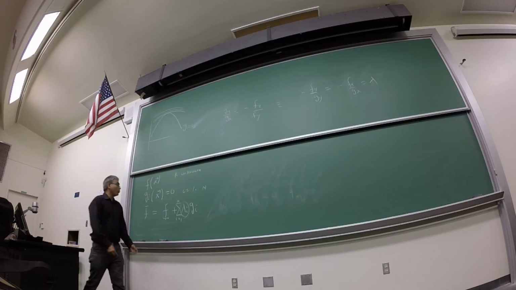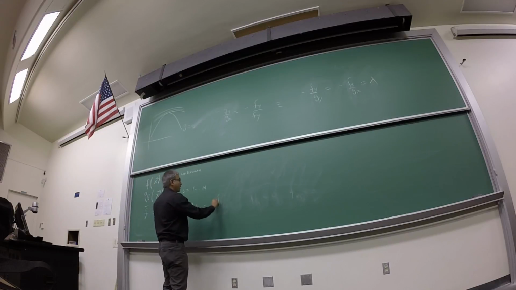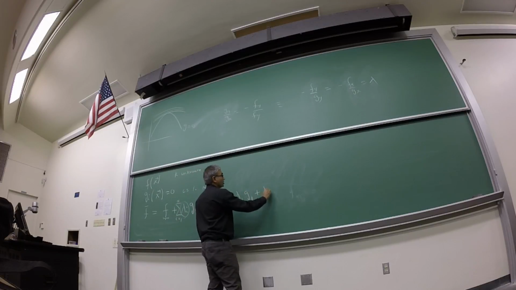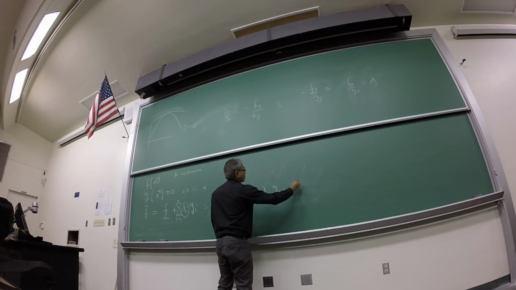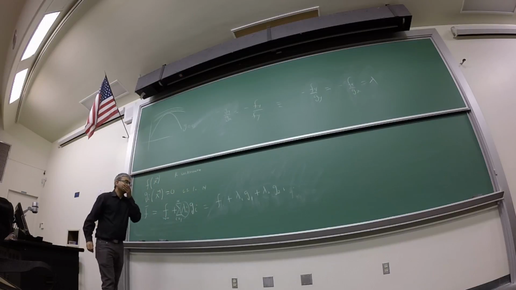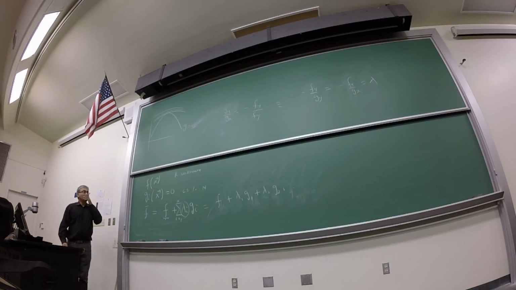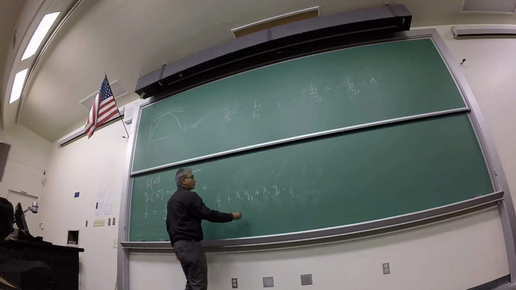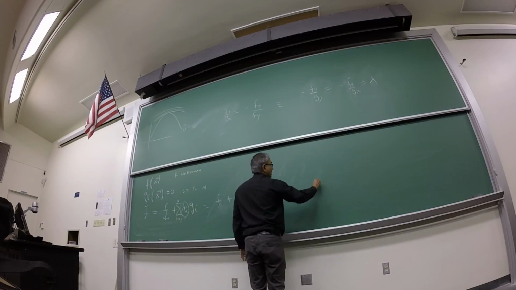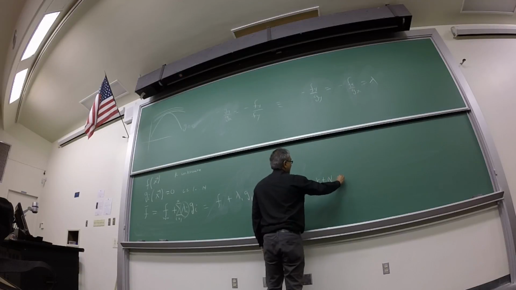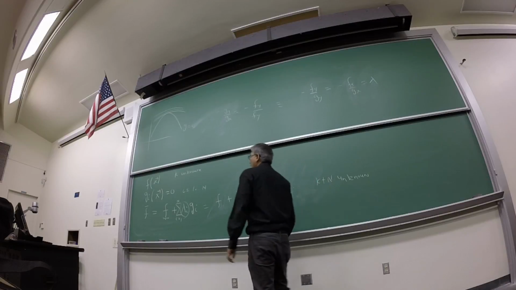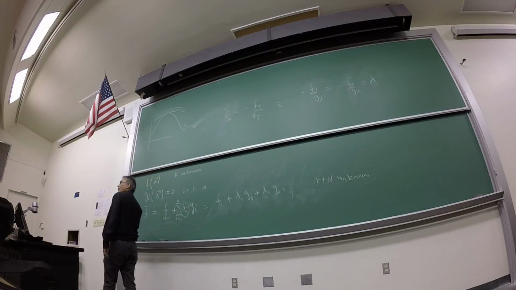Okay? Let me write it out more explicitly so you'll see. So let's say it's f plus lambda 1 g1 plus lambda 2 g2 plus dot dot dot. So the number of unknowns is now k plus n, right? But I'm going to tell you something and you just have to take my word for it, and then I'll